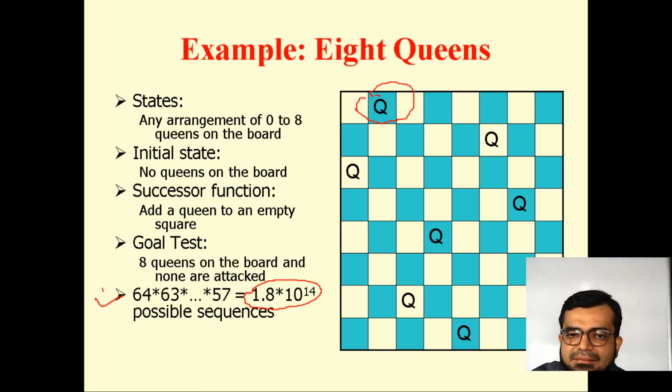For example, if you take this first queen, and let us assume I am taking the second queen here, it violates the property. Here also it violates. Also, if I take here, it violates as well. But all these 21 sequences I have to consider in order to formulate that one.